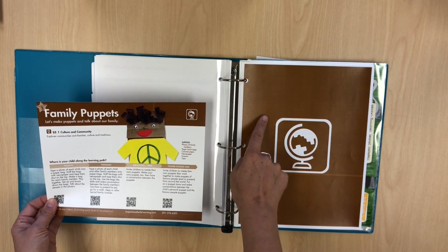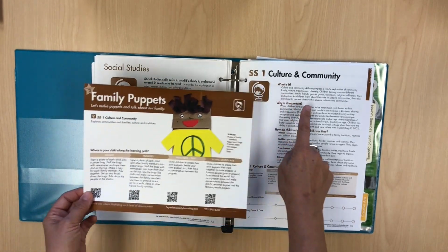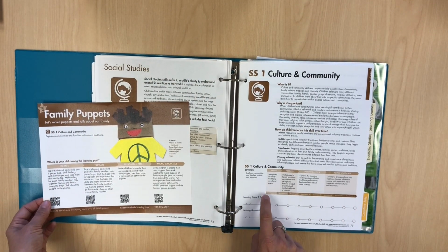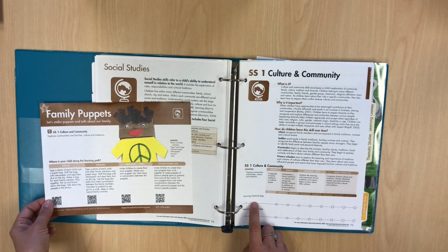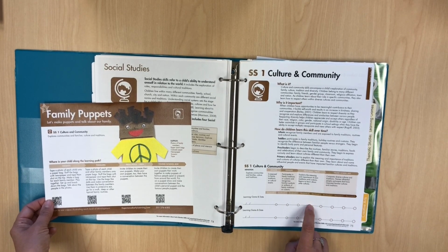Okay, so I've got my brown, I've got my globe. Now I just need to find SS1. Well, here it is. So this is culture and community, matches. This family puppets is my learning game. So I'm going to write family puppets right here. And then I'm going to write the date when the child played the game. And I'm going to record which level they were at right here on the dot. So you can see